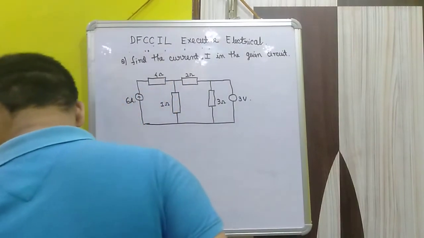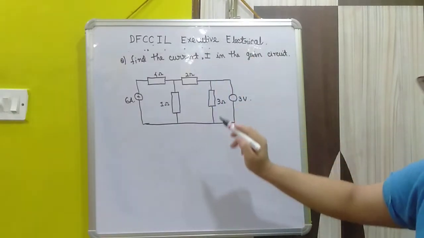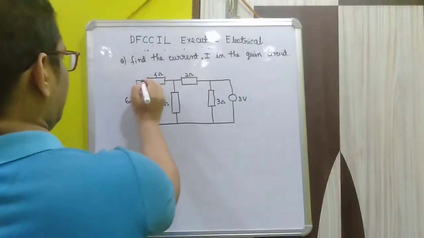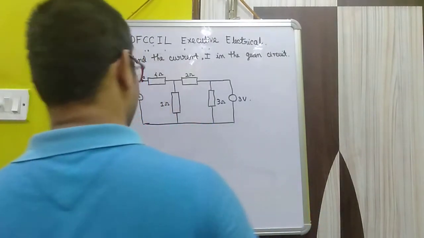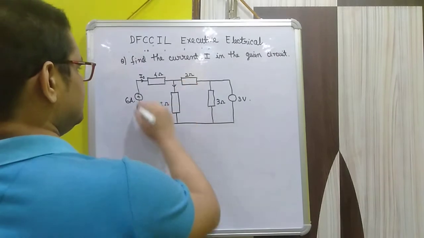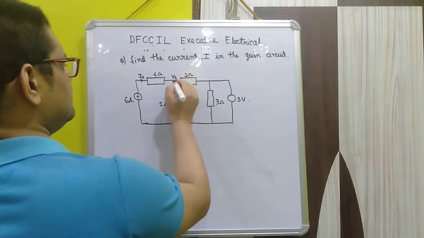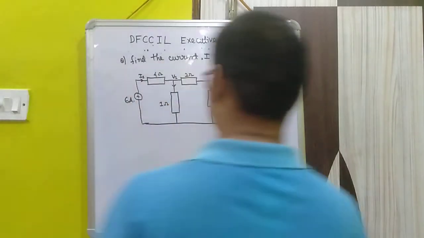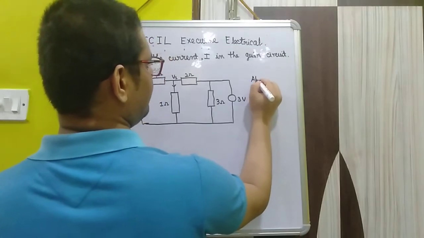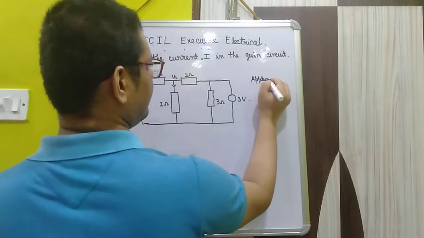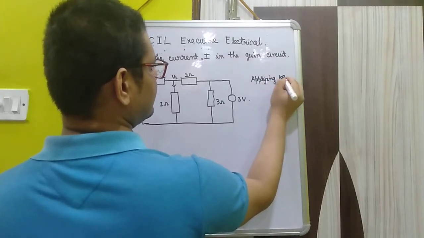So now how to calculate this circuit? We have to find the current value I. I will be flowing over here, that is I1. This current will be flowing through this direction. So we take this as V1, this voltage will be here in the node. Now we have to apply KCL in this circuit to find this answer.